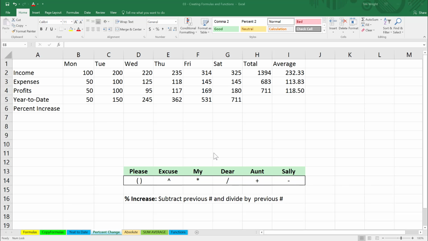In this lesson titled Creating a Percentage Change Formula, we're in Workbook 03, Creating Formulas and Functions, and we're on the Worksheet tab, Percentage Change. A percentage change formula simply shows you by what percentage the amount has changed. In this case, it would be nice to know from day to day what percentage we are increasing in our profits. Clearly, we can see here that our profits are increasing, but we'd like to know what that percentage change